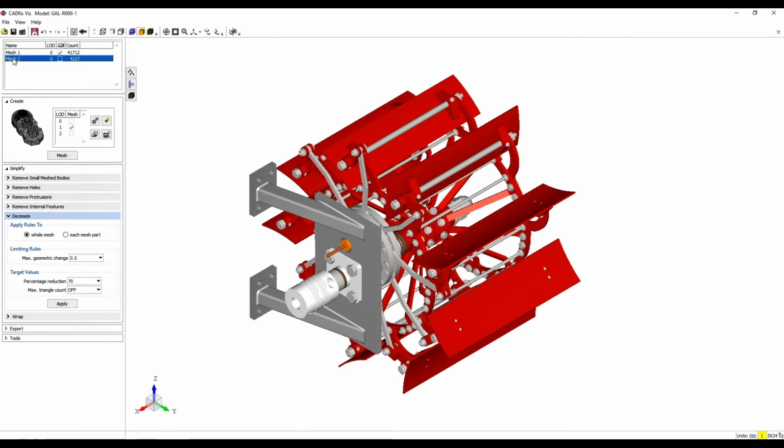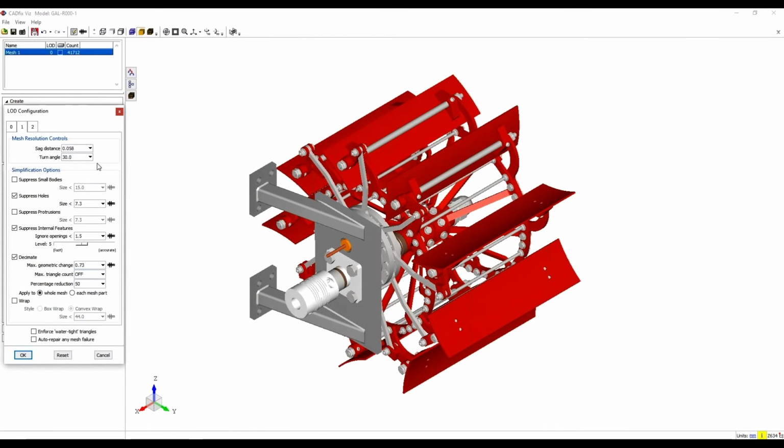So if I just delete this mesh that we've created, we'll pretend that we're starting this process again, but instead this time we'll create those levels of detail during this create process. So here we've turned on our LOD1 and LOD2. And if I go into the settings,